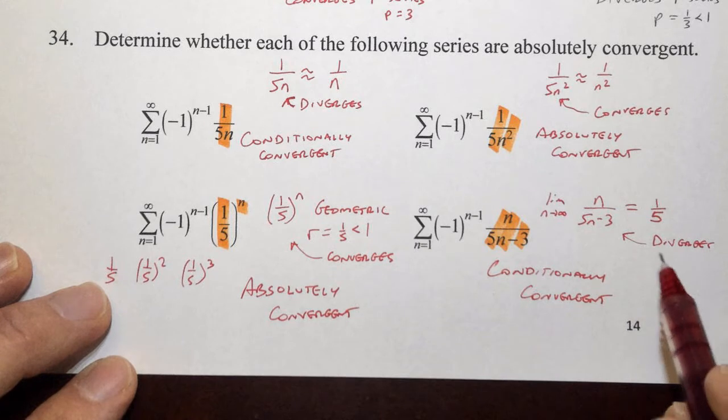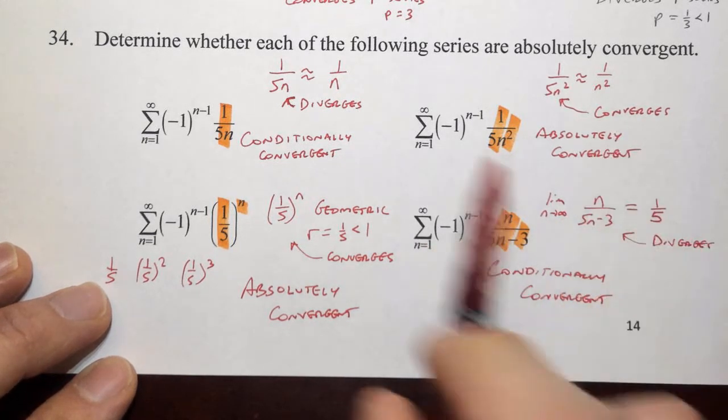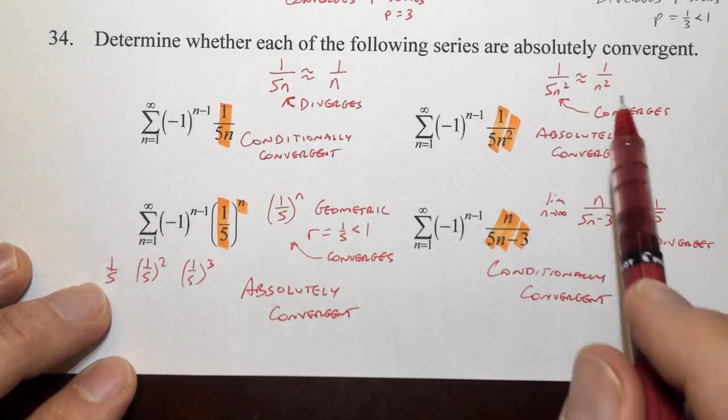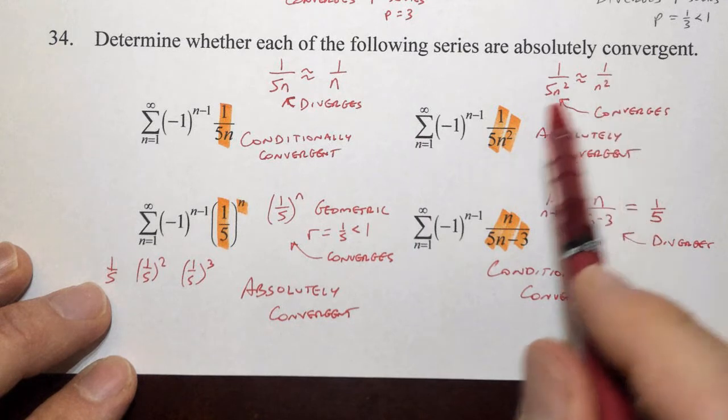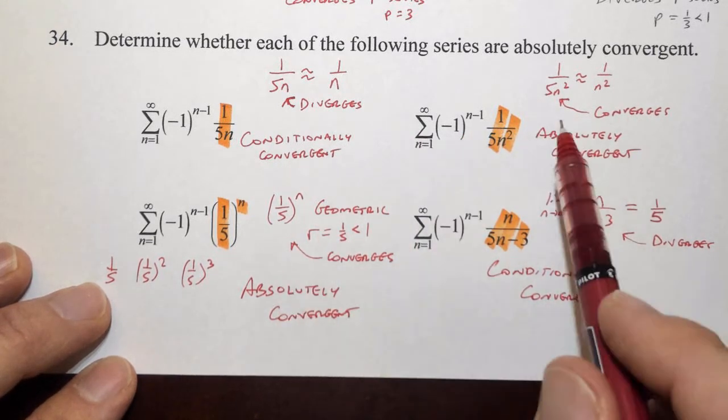So we're figuring out if the overall term, ignoring the alternating part, if the overall term diverges, the answer will be conditionally converging. If the overall term, ignoring the alternating part, converges like these two, then it's absolutely